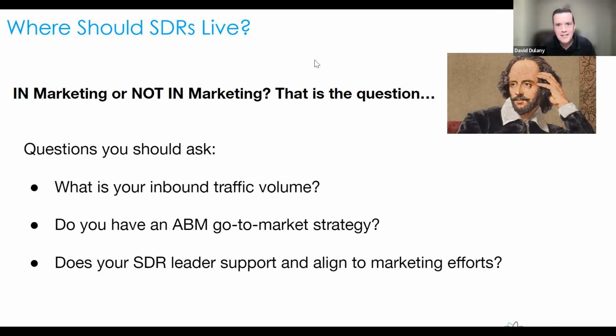Or on the flip side, if they roll up to sales, but nobody's mentoring them, nobody's coaching them, there's no upskilling happening, then the marketing team's throwing the leads over and nothing's happening with them. So then there's a lot of finger pointing on that end. So first, and I'm not going to say how old I am, but this has been happening for a million years.